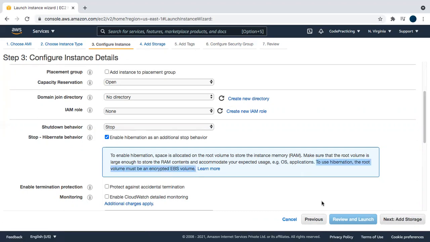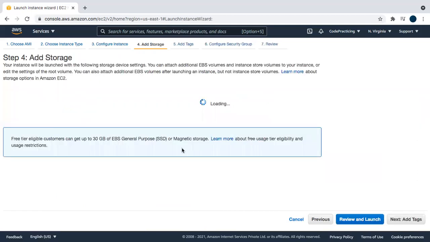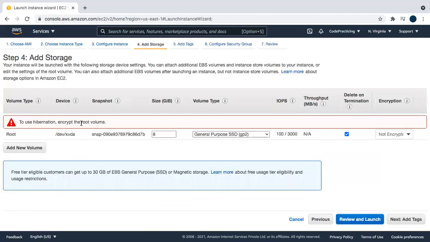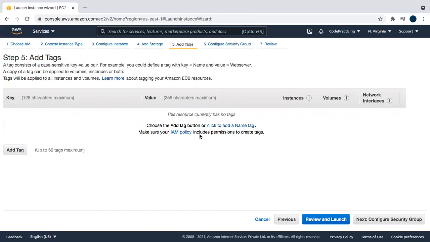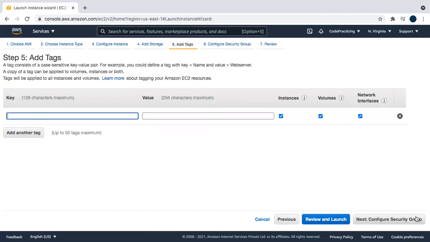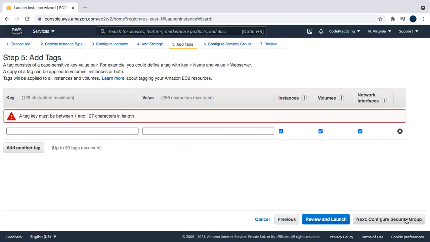So click on add storage. Again there's a note here: to use hibernation, encrypt the root volume. But we'll check what happens if we don't encrypt the root volume. Click on add tag. We will not give any name to it.